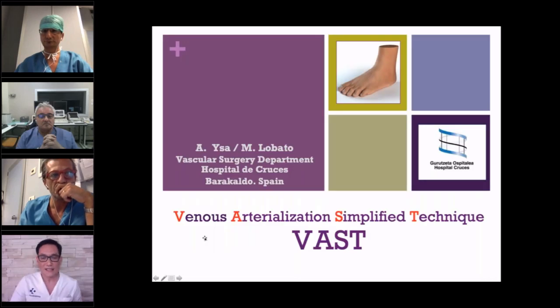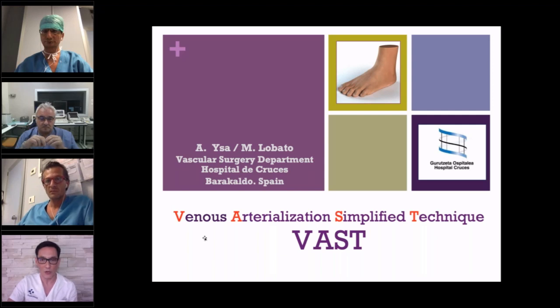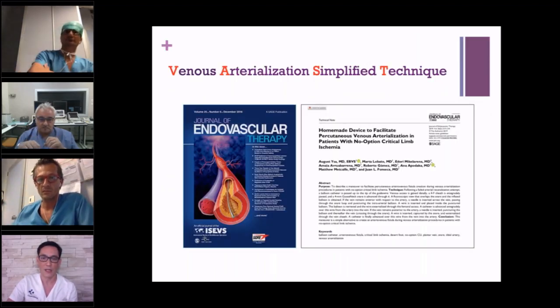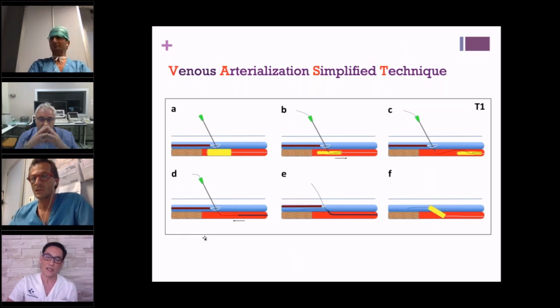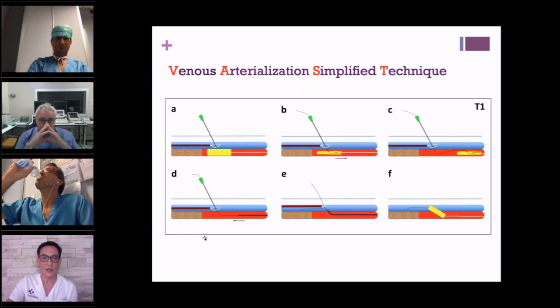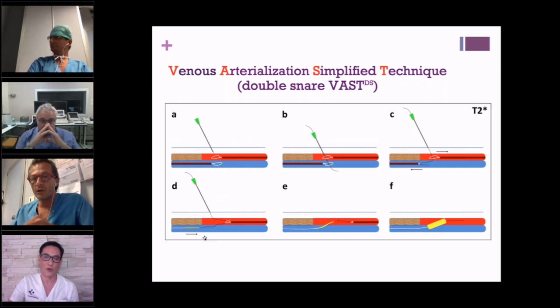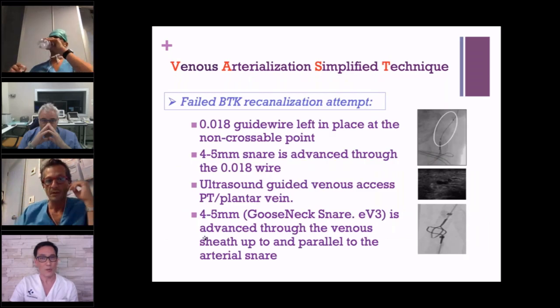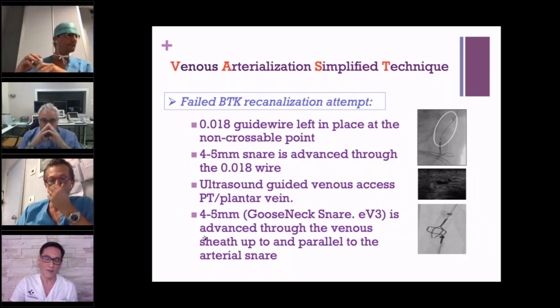So the venous arterialization simplified technique was described, as Bruno has mentioned, by our group and published last year in the Journal of Endovascular Therapy. We initially used a balloon catheter and a snare, but we rapidly moved to the double snare technique, since it streamlines the whole procedure. So what we basically do is, when you have a failed VDK recanalization attempt, we leave